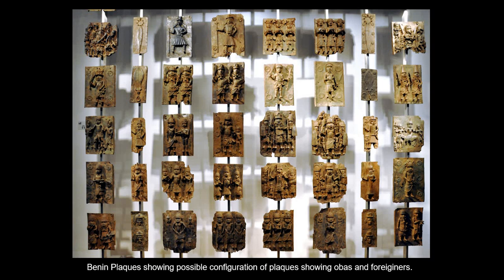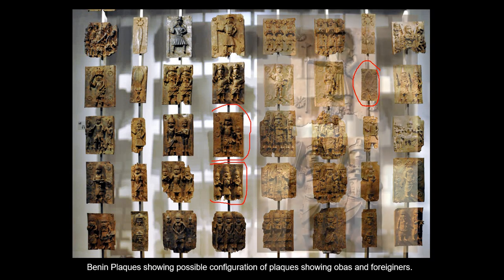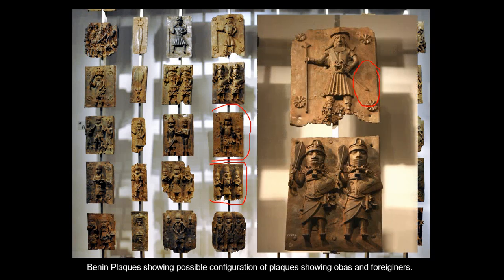Some of the plaques are narrower, and they show things like the ceremonial swords. Most of them will show an Oba with his attendants, and again, we should recognize these probably as ancestral images. Here, some of the images actually show Europeans. So this is a Portuguese trader. Notice he has the funny helmet, strange hair, and a skirt, and you can see a number of them up here. These are European traders.